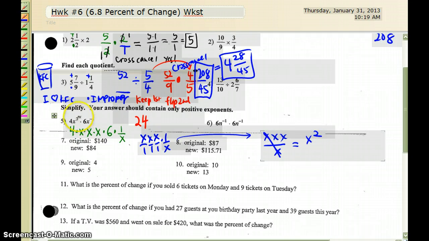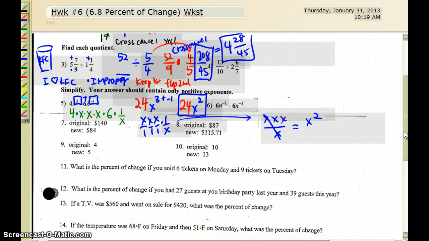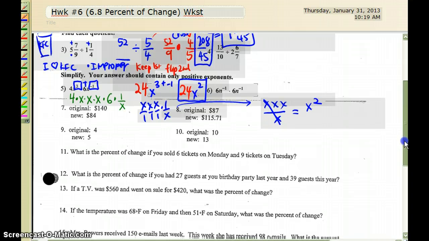And if I cross those two out, then I have x to the second. And that's the same thing as me adding 3 plus the negative 1. And I do have to be very careful about that adding of 3 plus negative 1, which is 24, final answer, x to the second power. Try that same thing with number 6. I know there's some negatives there too, but I just did give you a few different ways to look at that. I'm going to work on a separate sheet from here, but on number 7,